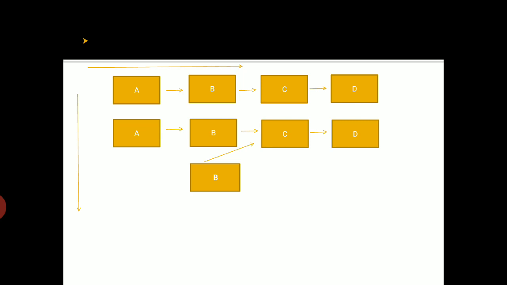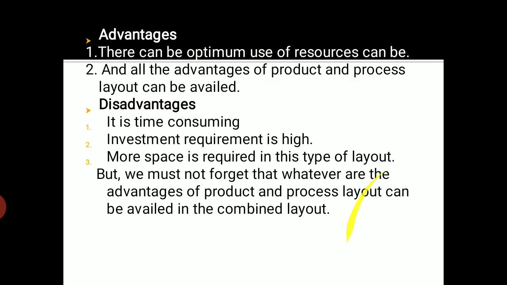That means the whole diagram tells us very clearly that the vertical line gives us the idea that it is a process layout, and the horizontal line going from left to right tells us that it is also a product layout, right? This is how the diagram simply gives us the idea of how the combined layout works in the organization. All right, now we'll just try to see a few of the advantages and disadvantages here of the combined layout, as we have been doing for the rest of the layouts,